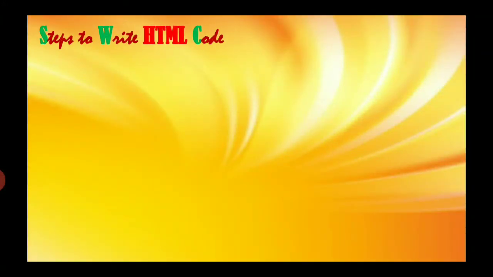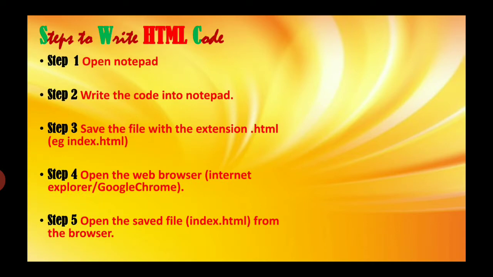Now all of you must be thinking how to write HTML code or how to start HTML coding. So what are the steps to write HTML code? We must follow these steps. There are 5 steps which we must follow. Try to understand how to do it. You might have heard of a text editor. WordPad is one example of a text editor. Notepad is one example of a text editor. Whatever code you write, you will be writing in this text editor. So let's say we open Notepad. Notepad is a text editor. Then we have to write the code into this Notepad.